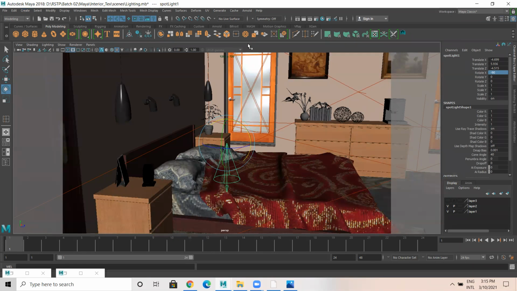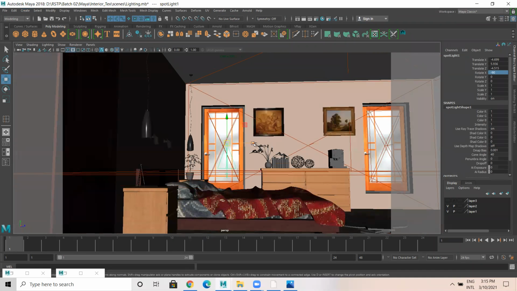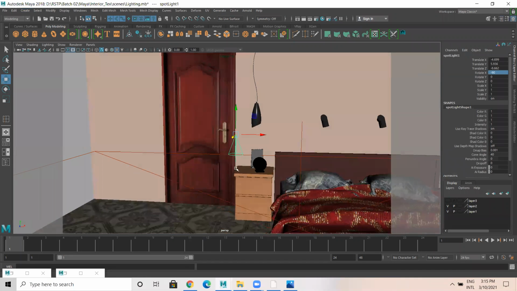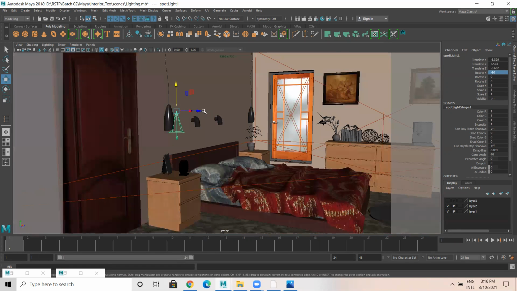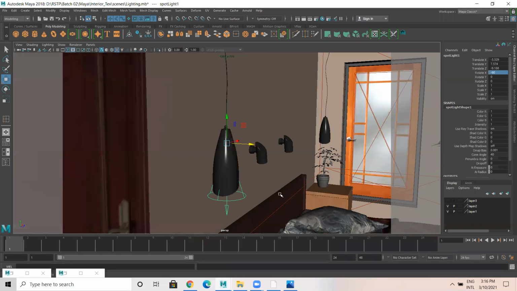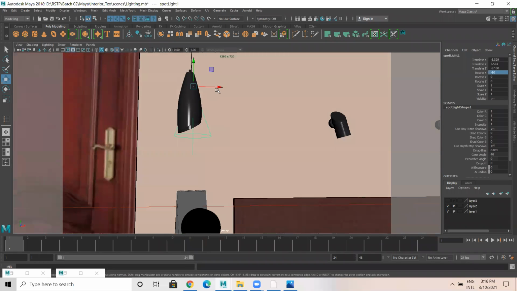Okay, so I'm just moving this here like this, lift this up and move a bit inside. Move this light inside this particular one.